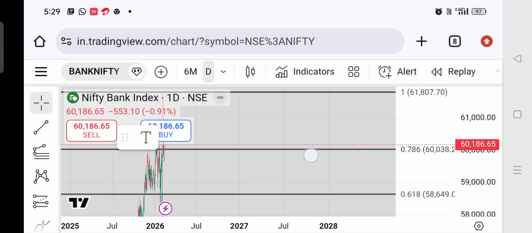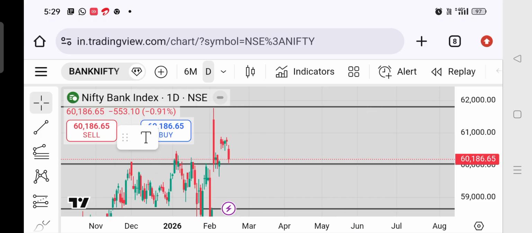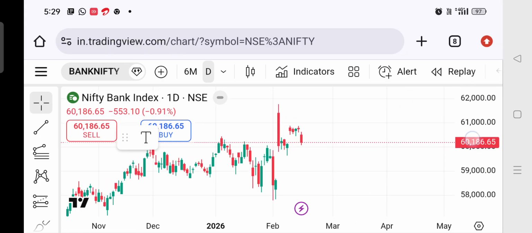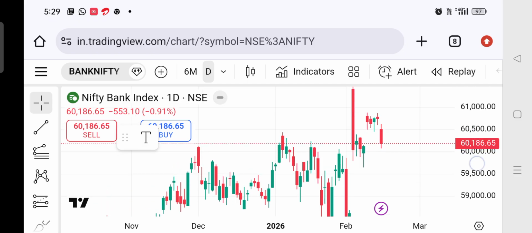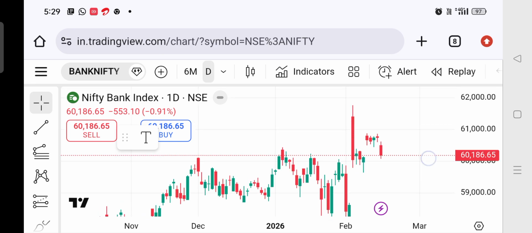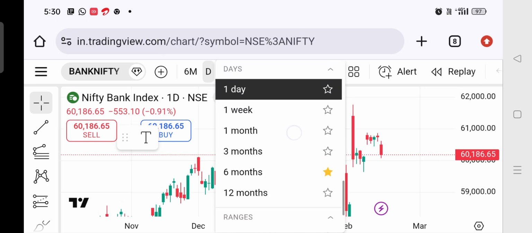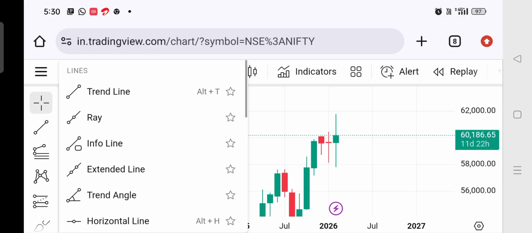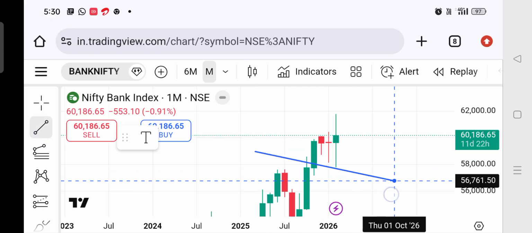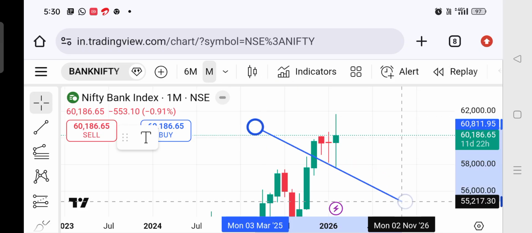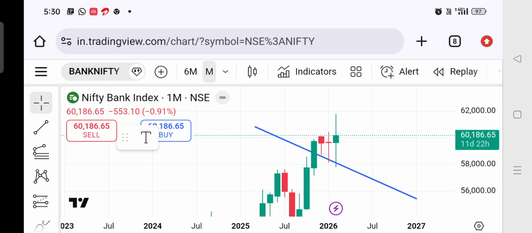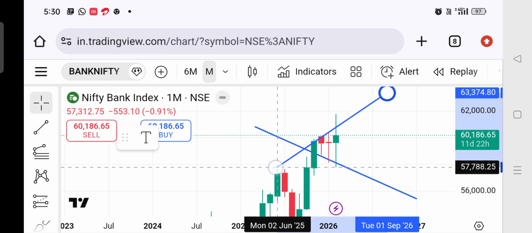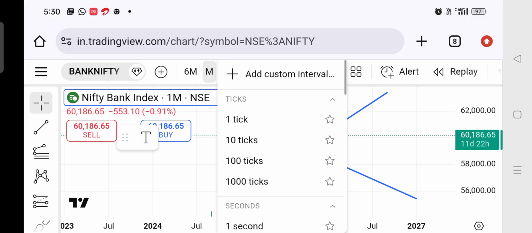We will go to sell entry for tomorrow market. Only market will be these levels. Go to